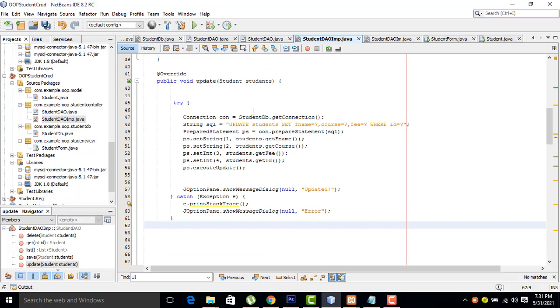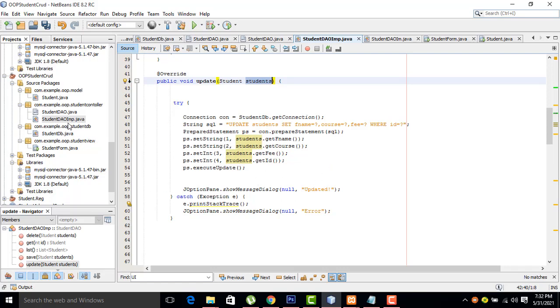Right, now here first I have to establish a database connection. After that you have to write the SQL query, update student. This is the table name. This is the student columns fields. Right, what's the ID? When you type the particular ID, it will update the record. I have said the same thing. All the student information coming here is provided, get the ID, and it updates the record, right? So just the thing we have to do here.